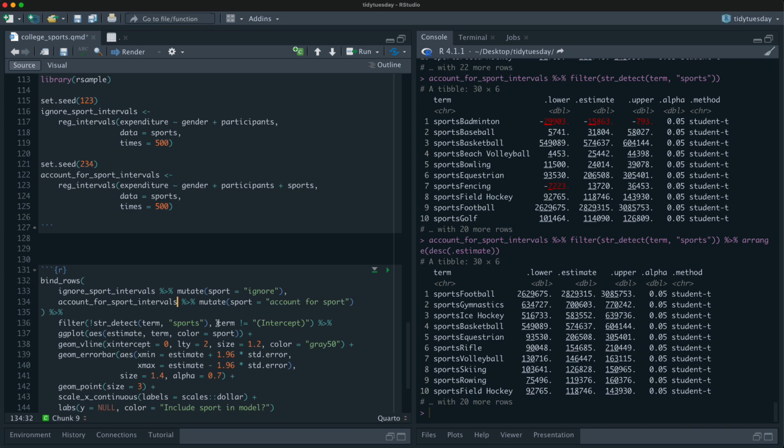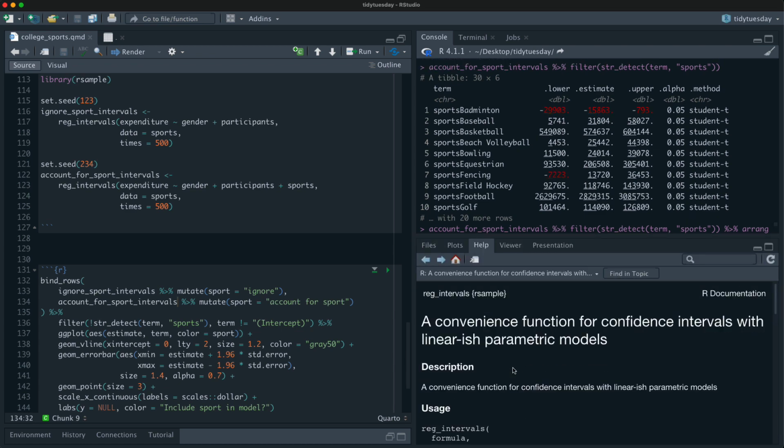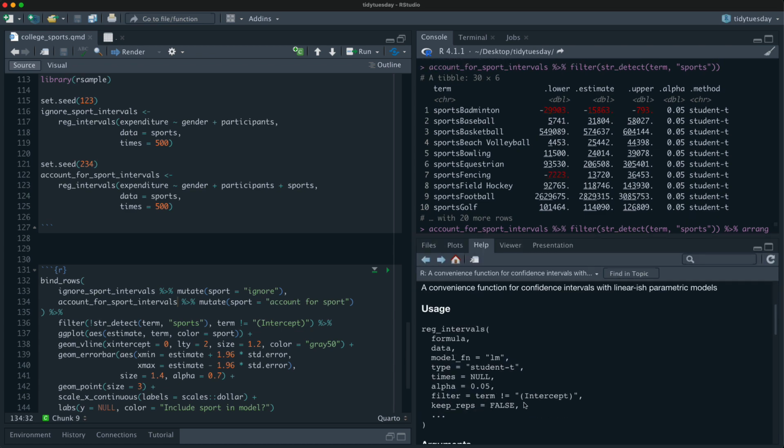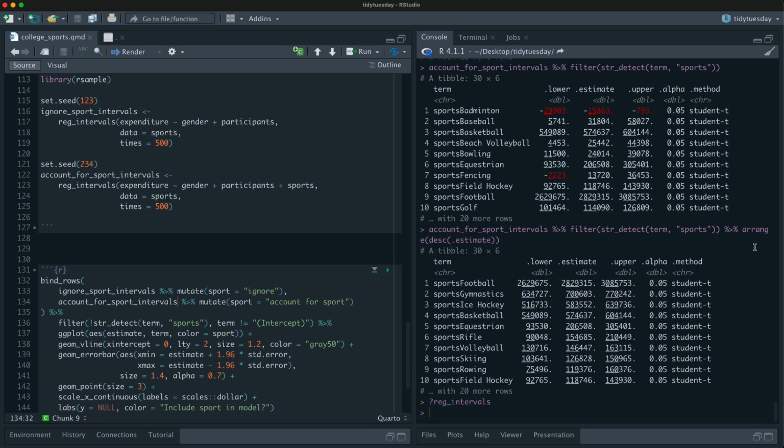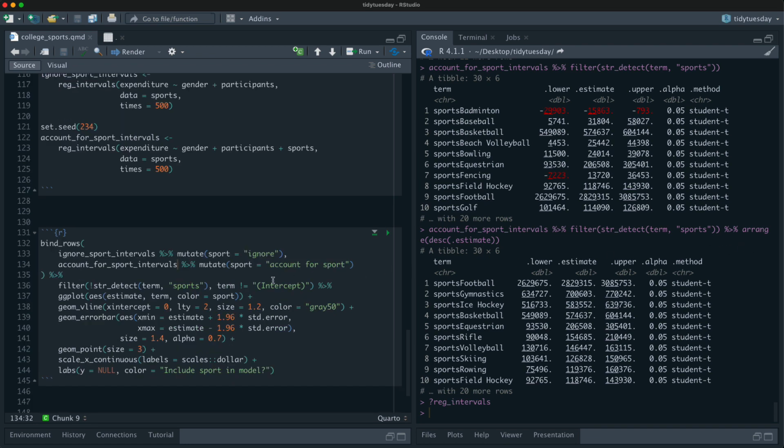I don't think there are any intercepts anymore. That was if you want the intercept, here's the filter where we didn't keep the intercepts. You can turn that off if you don't want anything there. So we can take that out because it's not there. And then it's dot estimate.